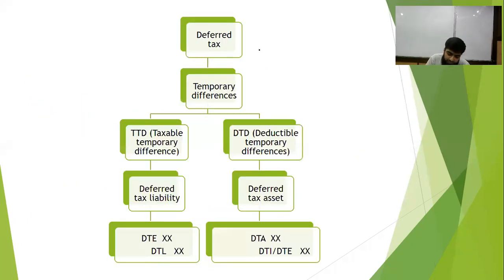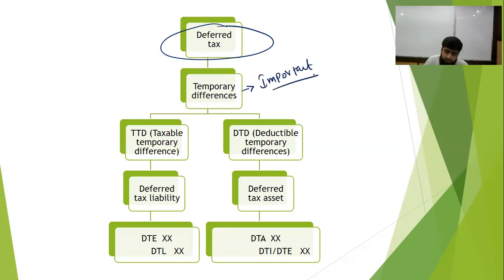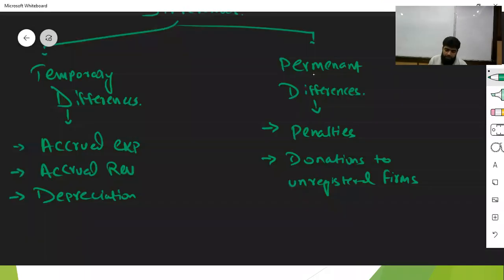So deferred tax is calculated. Now the point one that is very important, that is deferred tax is calculated on temporary differences. Important point: deferred tax is never calculated on permanent differences. Deferred tax is always calculated on temporary differences. Number one. Now, these temporary differences could be divided